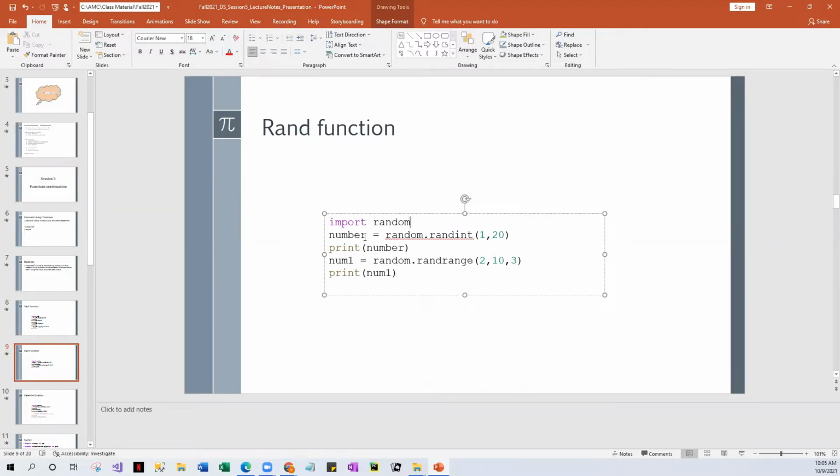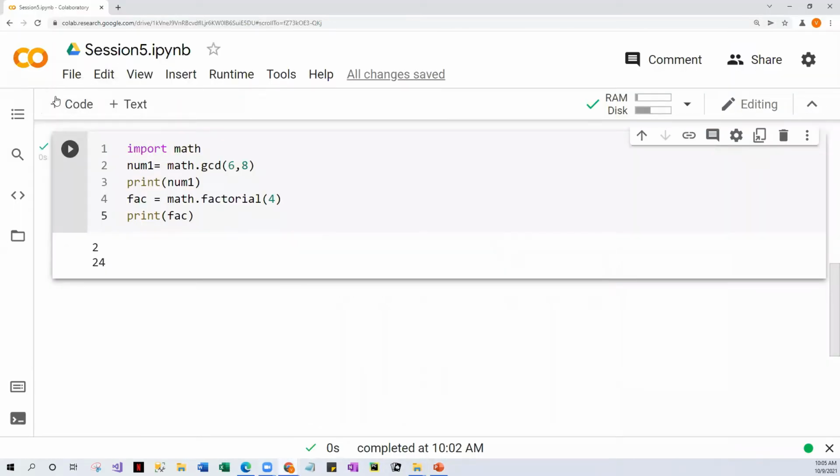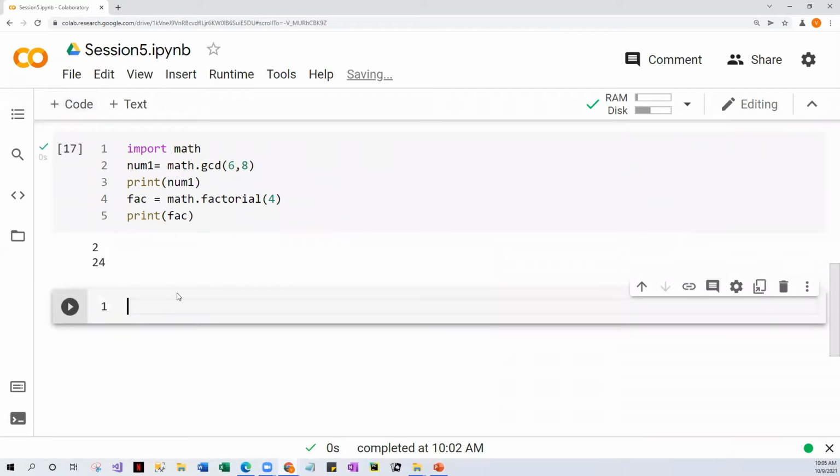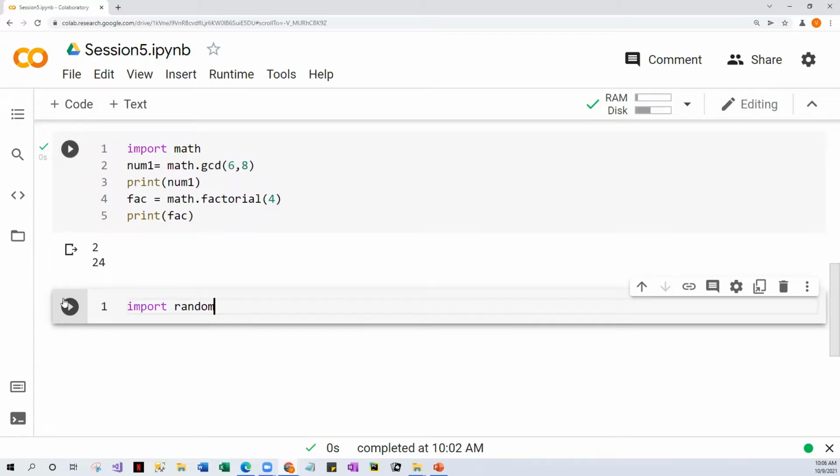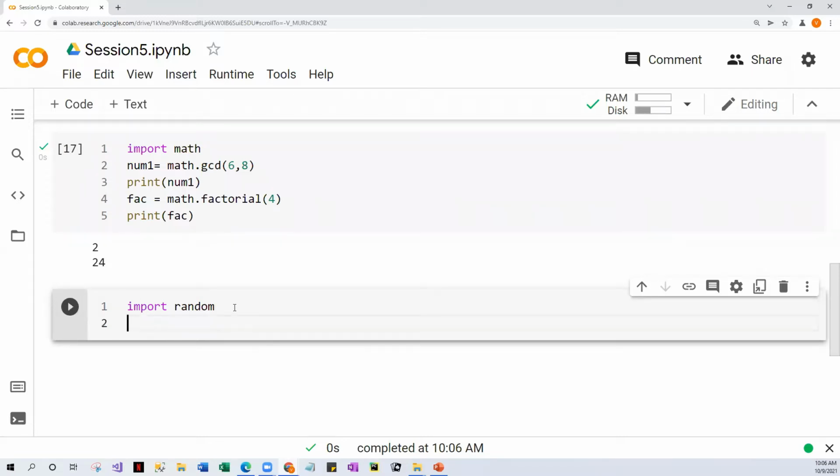So let's start with the random number. You need to import random. Let's go back to Colab and do it here. So I'm going to import random. After importing, I want you to run it. So you have the import random, then you can go ahead and type what you want. Okay, now I'm going to say